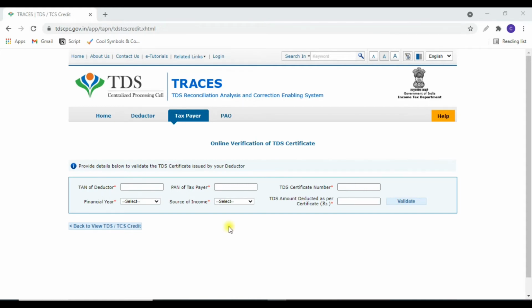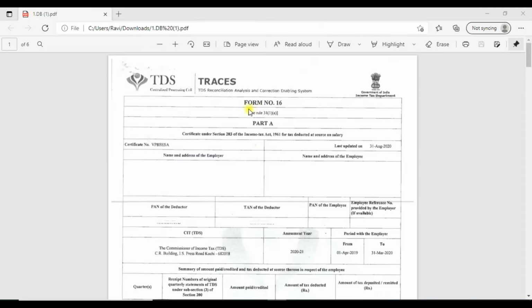For your reference, I will show you all these details in my Form 16. This is my Form 16 for financial year 1920. In this form, you will get all the required information which is necessary to verify your TDS certificate online. That means you will get your TDS certificate number, the PAN number, and your PAN also you can see here.